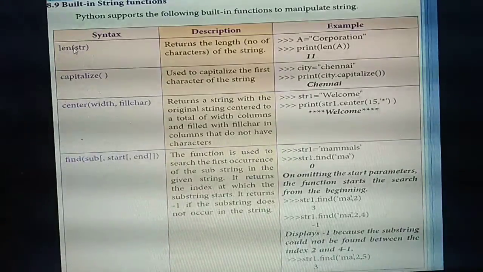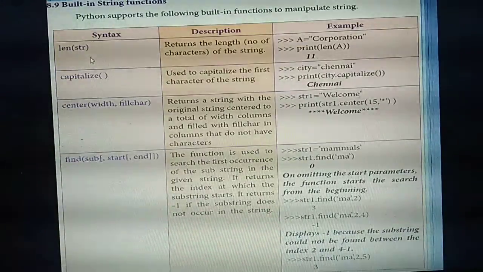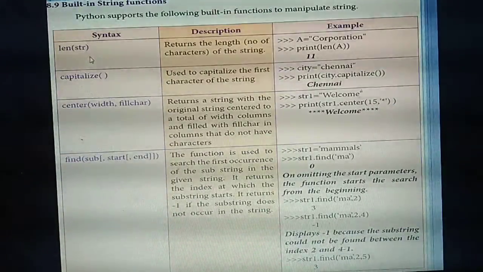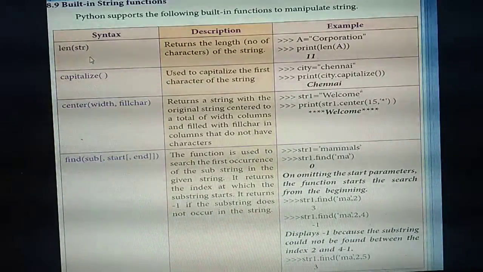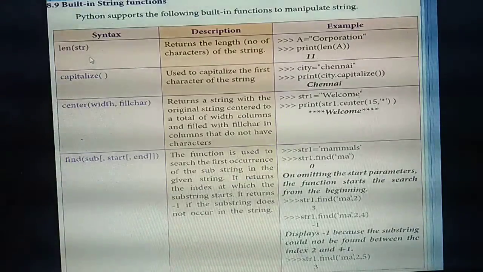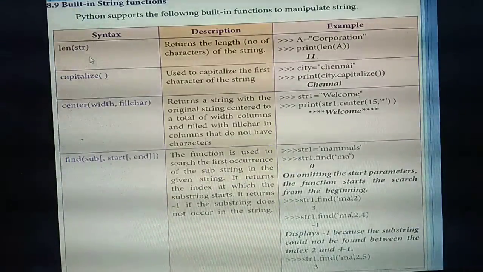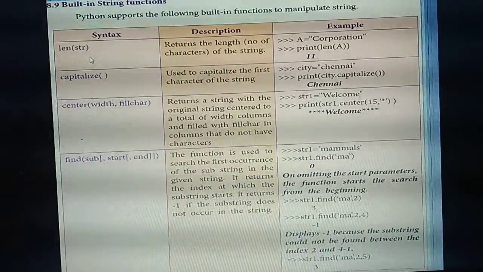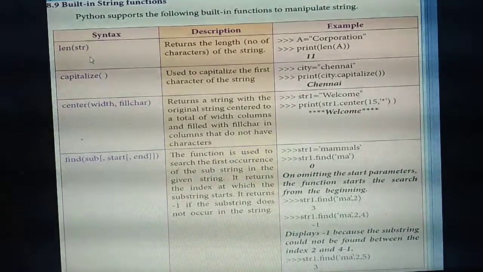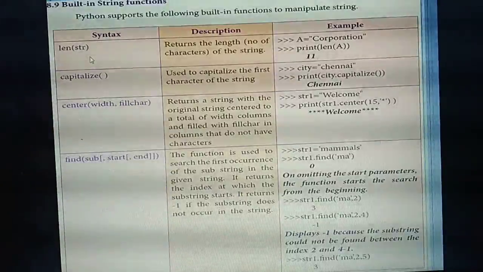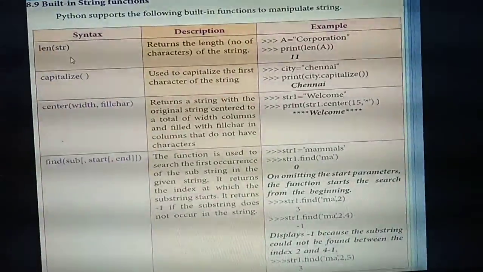What is the meaning of this? It will return the length of the particular string. If you give one word, it will count how many letters are there in the word, and return the count as output. That means the number of characters.